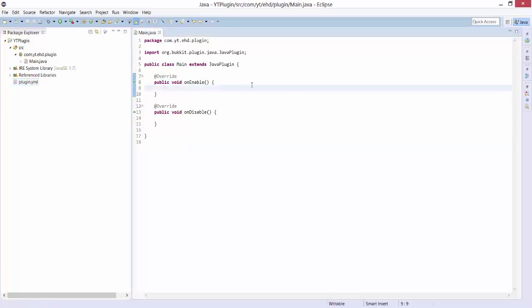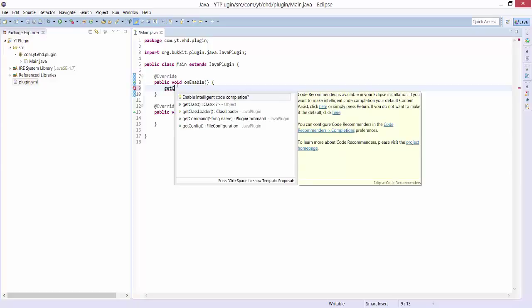The next thing we're going to do is go in our onEnable class and add our first command. I don't know, what can our first command be? Let's make a fly command for the start. Get command